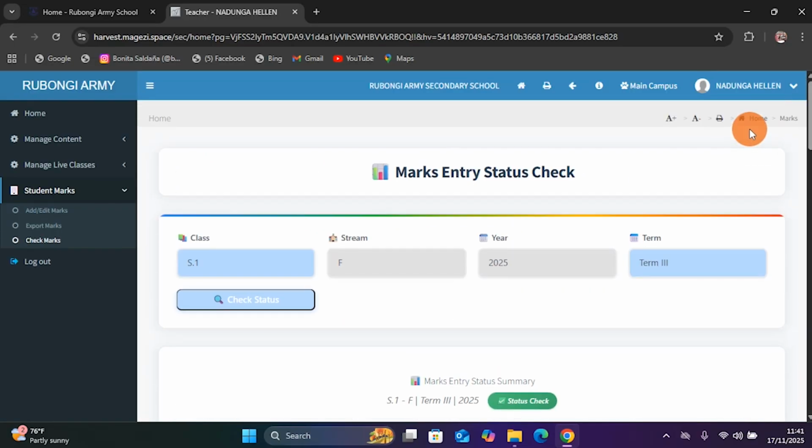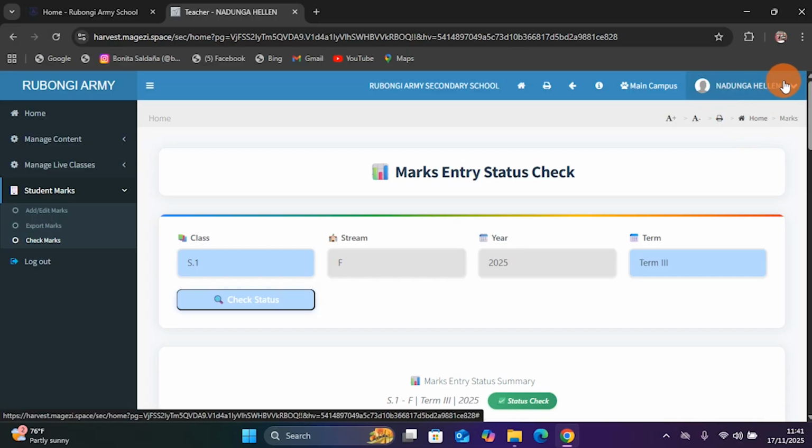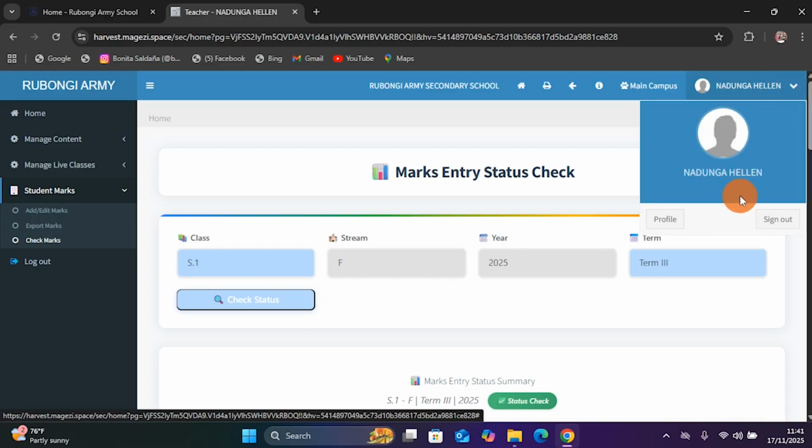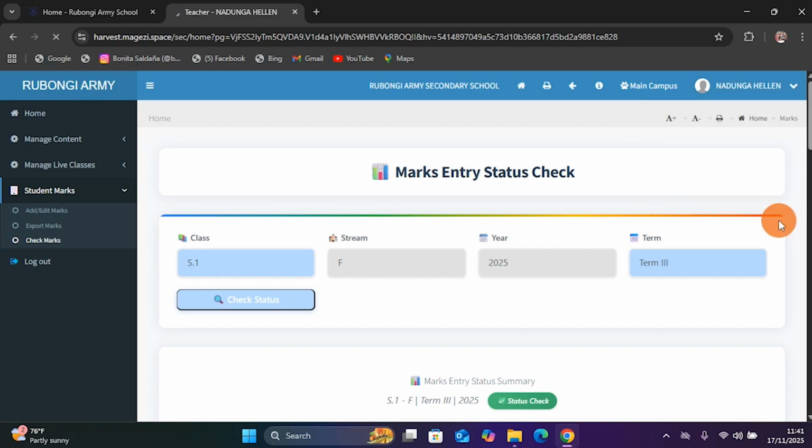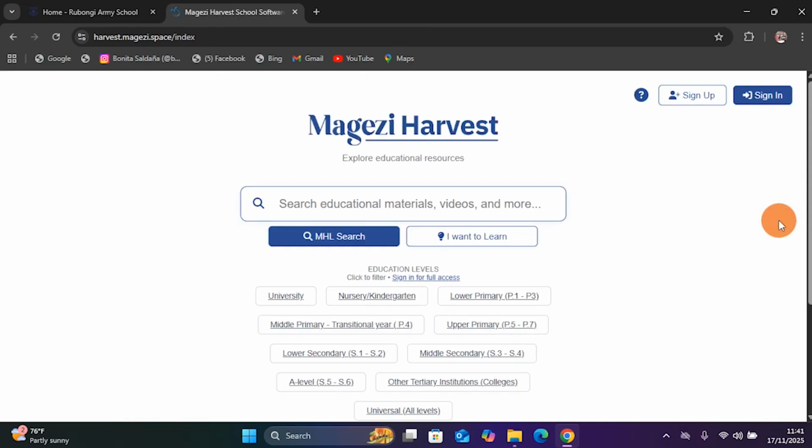Now, after that, I've ascertained that all the scores I've entered in the system are reflected. So I need to log out. What do I do to log out? Just click on your name here where there is the icon of your name. There is an arrow, this arrow here. Then select log out. When you log out, it will take you to this interface where we started from. So for any inquiry or any comment on this video, you can send it in.